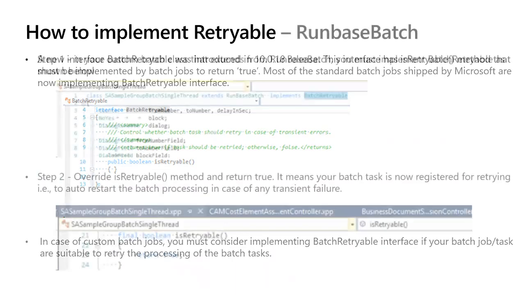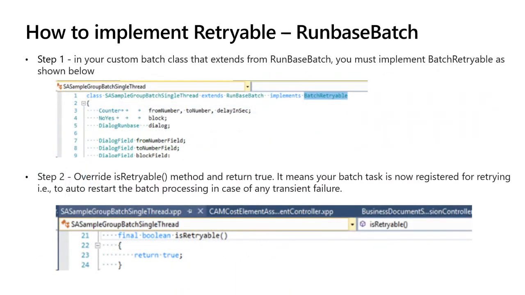Now, there are two scenarios for the batch, right? One is the RunBased Batch, and the other is one that you can use with the SysOperation framework. So for you to be able to start using